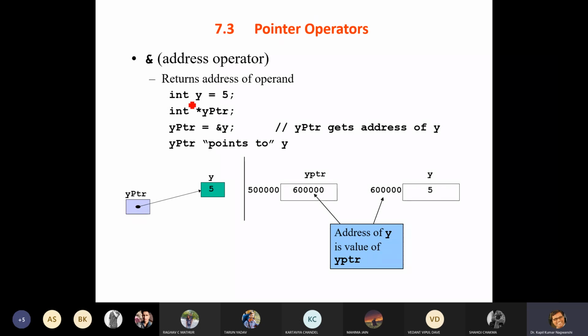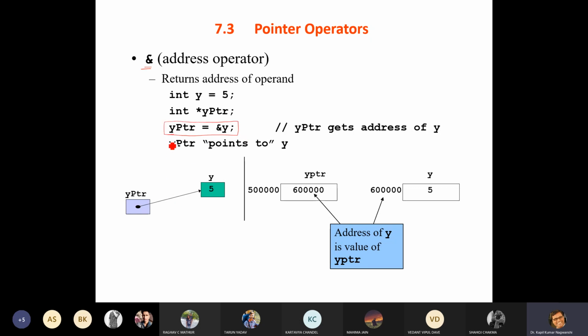Pointer operator, here you can see that this is the address operator. It accesses the address. Okay, so suppose y is written as 5. So this is our y. Now integer y pointer. Okay, so this step is not the first step. Initially y pointer will be declared, and then we will set y pointer equals to address of y.